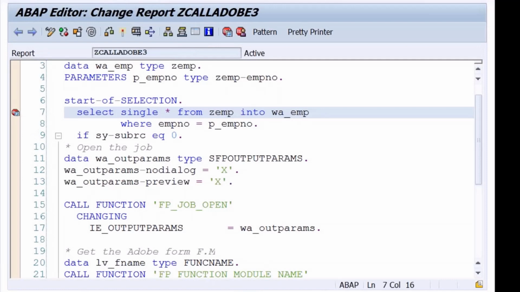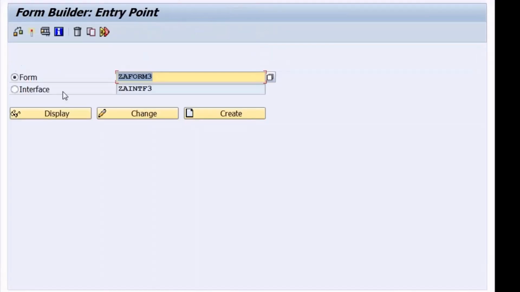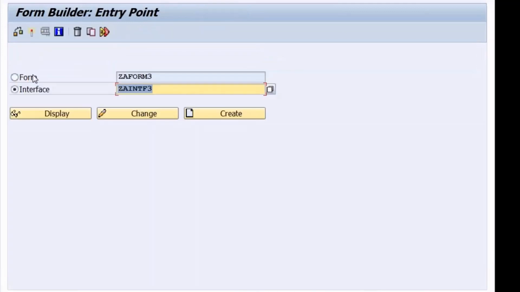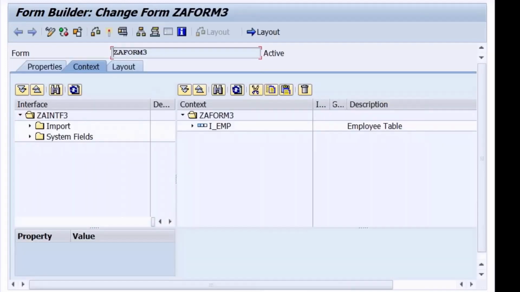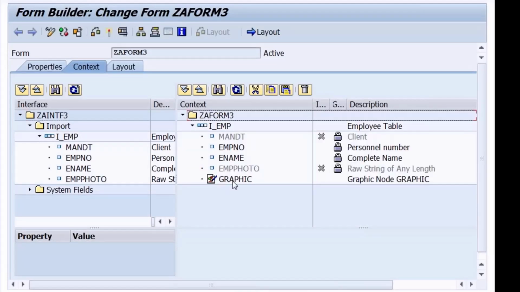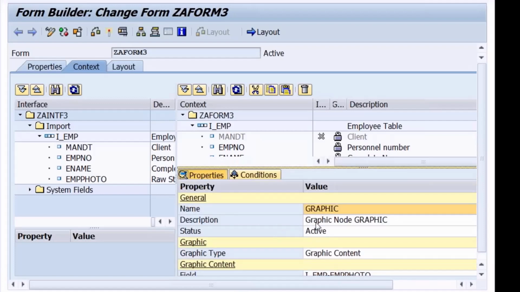So go back to the Adobe interface first. I_emp type ZEMP. Done. Let me come back to the Adobe form. I'm mapping this to that one. Done. Employee number graphic. I deactivate this. I predict a problem here only.